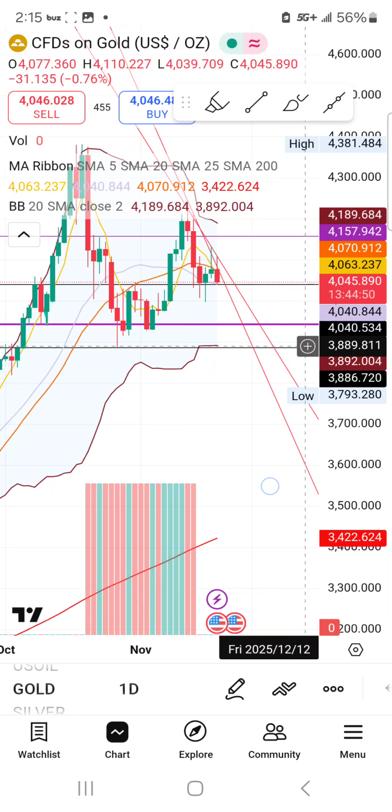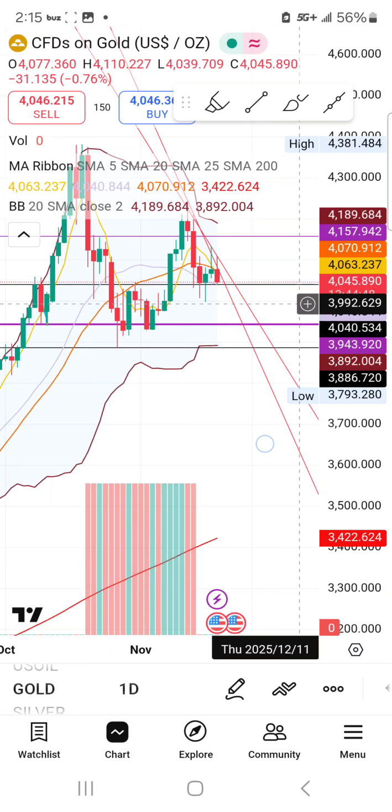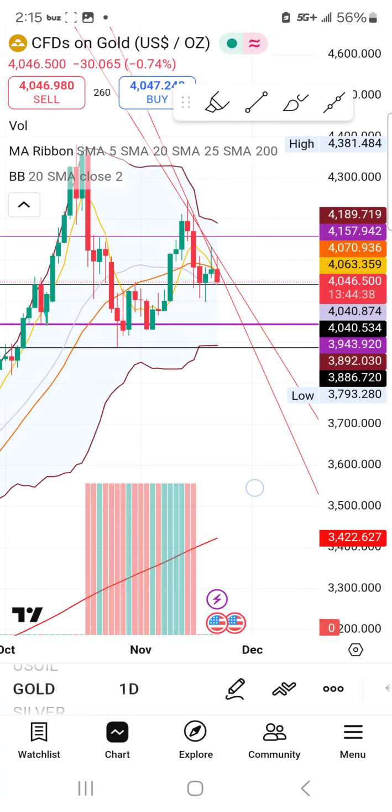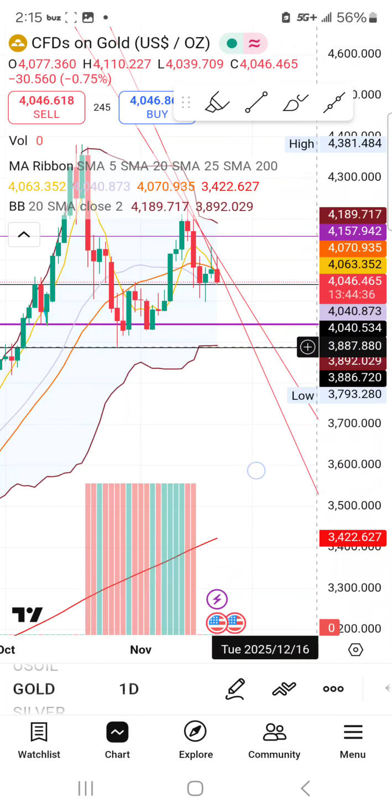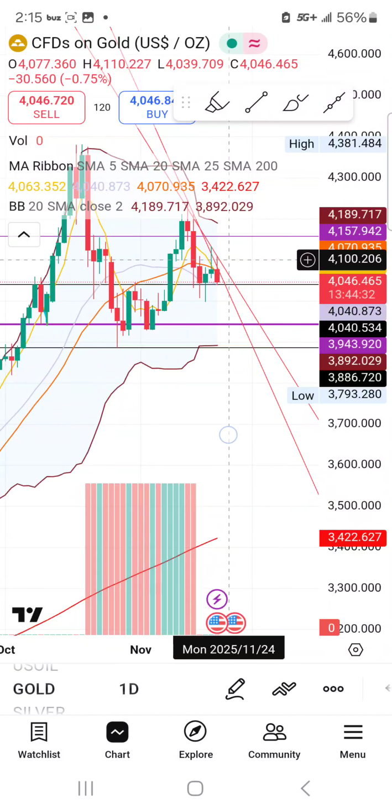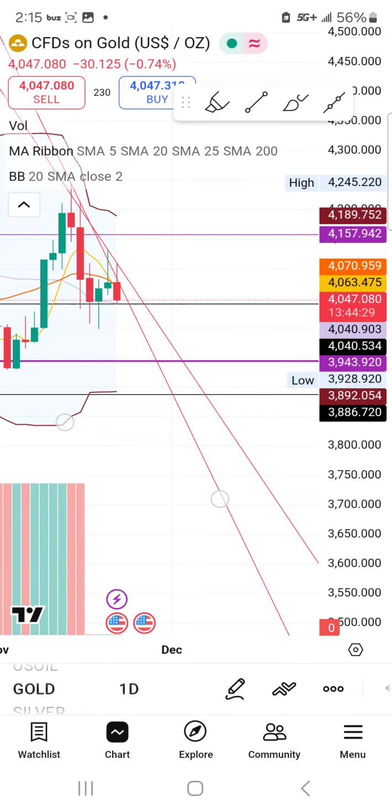Bottom Bollingers right here. We use the five. We use the moving averages, the 5, 20 and 25 and 200-day, and as well the Bollinger Bands. Now, beautiful cup close right here. We see how we could hit bottom Bollinger, and we could escape from this selling algorithm that we're in.